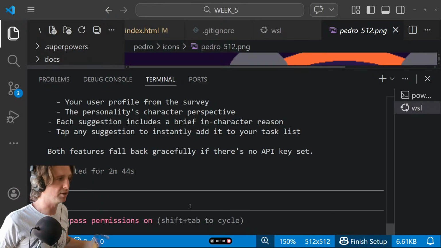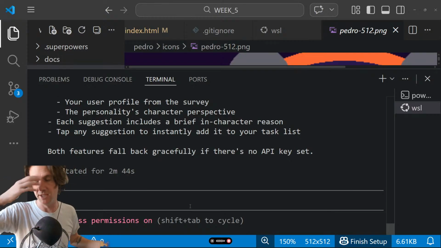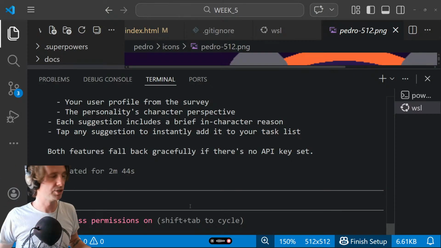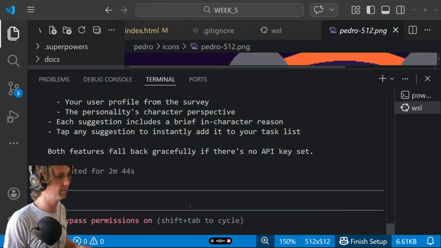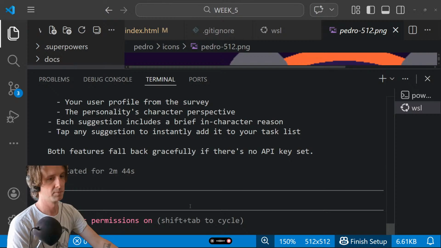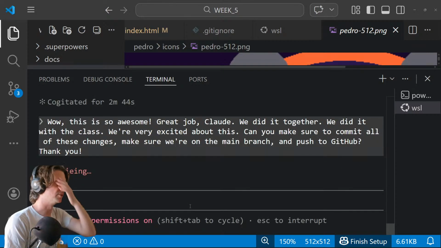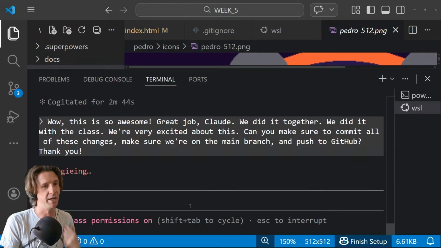Can you make sure to commit all of these changes? Make sure we're on the main branch and push to GitHub. Thank you. I might not be able to push to GitHub. I might have to do that manually. But